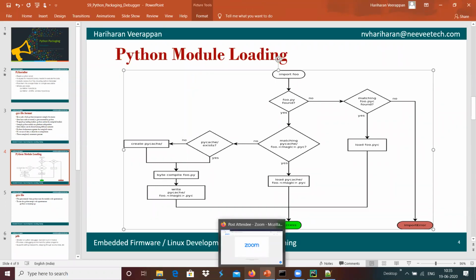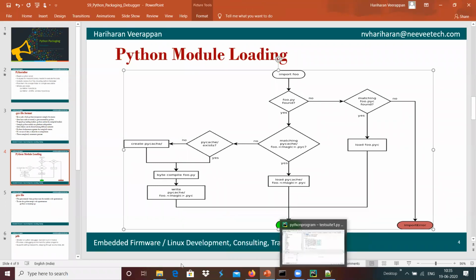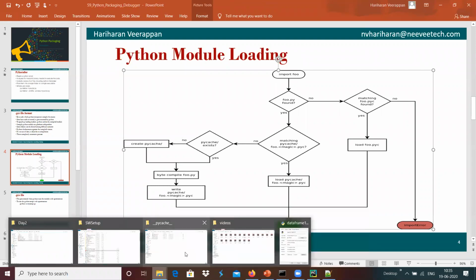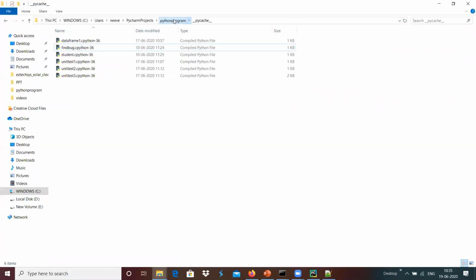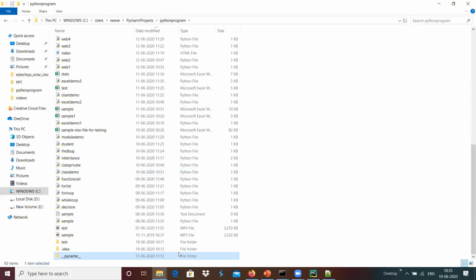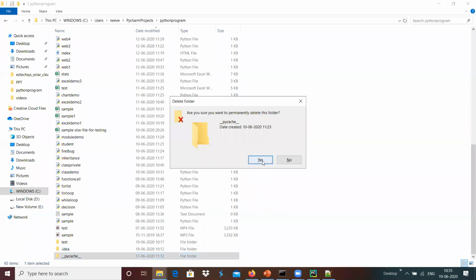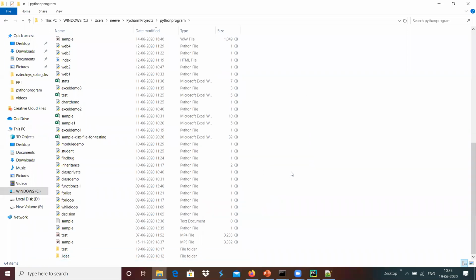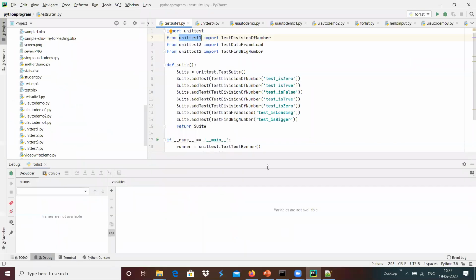For example, we will see over here how it is happening. I am going to delete this folder completely. The PyCache is the folder. I am going to delete this PyCache folder over here. I just deleted it, and now I am going to run this